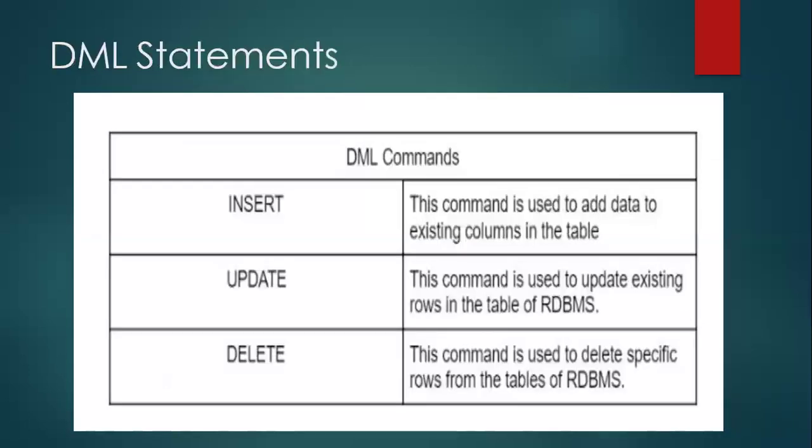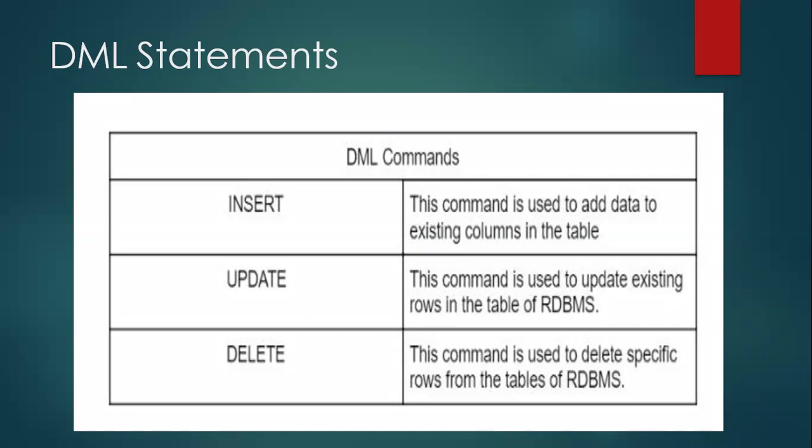Now let's move to the DML statements. DML statements are used to deal with the data. There are three commands: insert, update, and delete. The insert command is used to add data to the existing column in the table, so we can add records into the column using insert. The second one is update. This command is used to update existing rows in the table of the RDBMS. If we want to update any record, let's say I have a